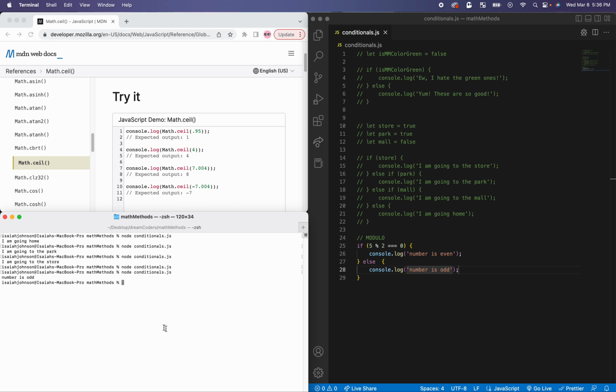So modulo, that's this percentage sign. I mean, not the parentheses, the percentage sign. That's what a modulo icon is. So what this is saying is, think about this like math, okay? 5 divided by 2, does it equal 0? It does not. 2 cannot go into 5 evenly. Obviously, in more advanced math, you can bring the 0 down so you can get a decimal point,